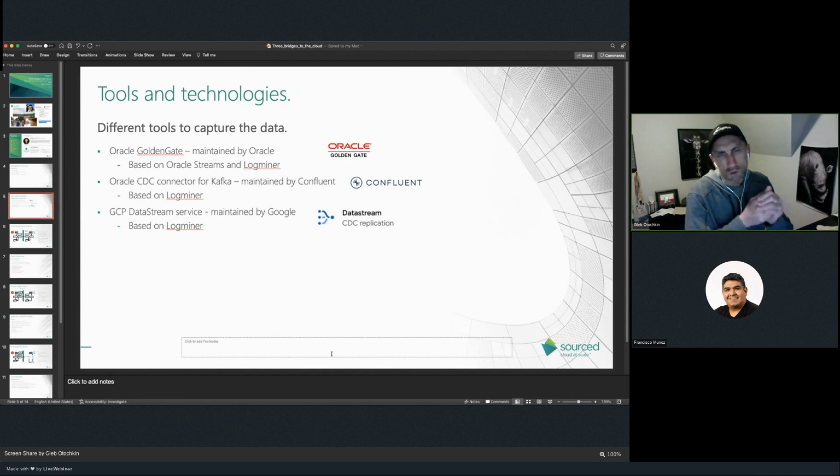The second tool is Kafka, but not just vanilla Kafka from the Apache Kafka project, but rather the enterprise version of Kafka from Confluent company. Confluent, if you don't know, is probably the main driving force behind Kafka development.